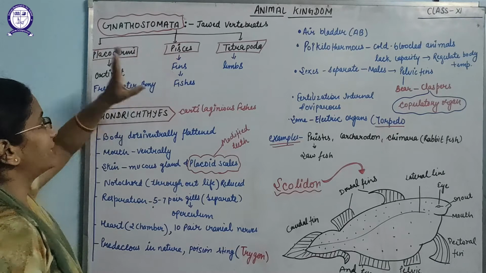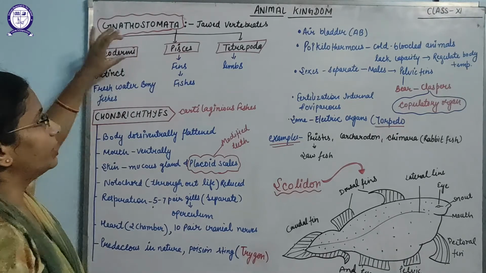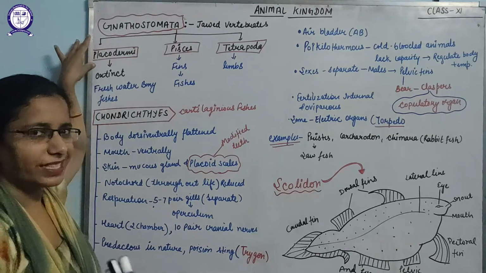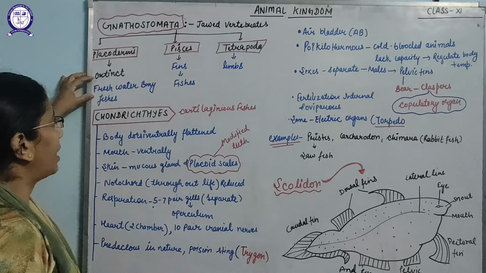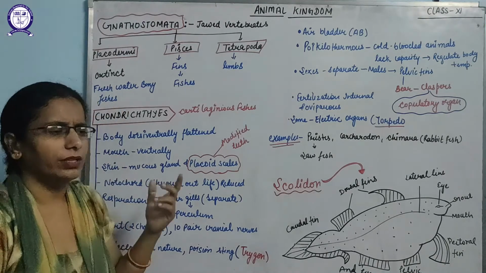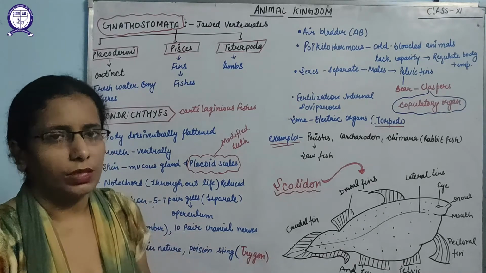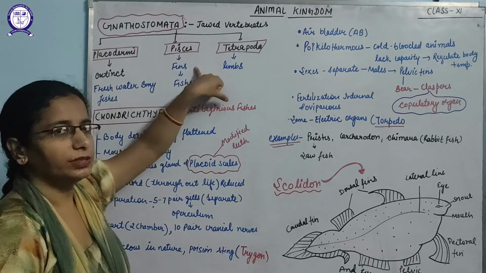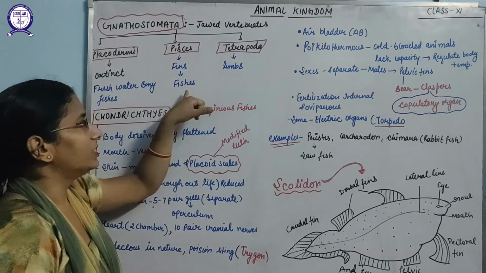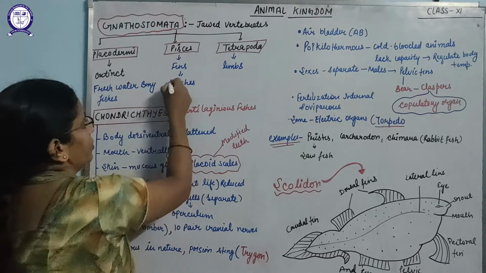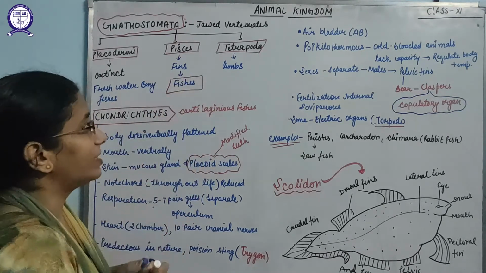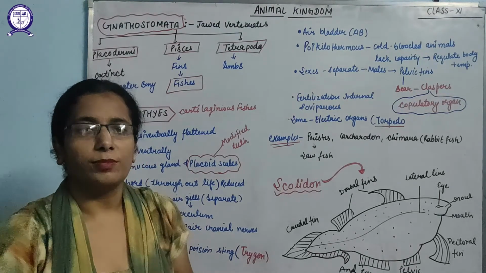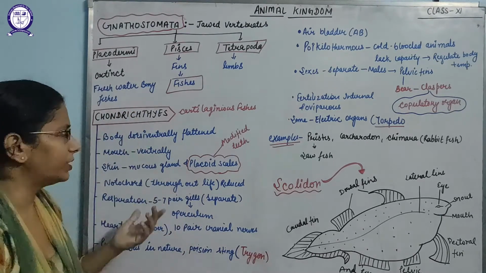Further, these Gnathostomata are divided into 3 classes: Placodermi, Pisces, and Tetrapoda. Placodermi is extinct now. These were freshwater bony fishes, and they had bony plates all over the body, but now they have become extinct. The second is Pisces, which have fins that help in swimming in water. That's why it includes all the fishes. And Tetrapoda, as the name indicates, means having limbs, 2 forelimbs and 2 hind limbs. So we will discuss them one by one.